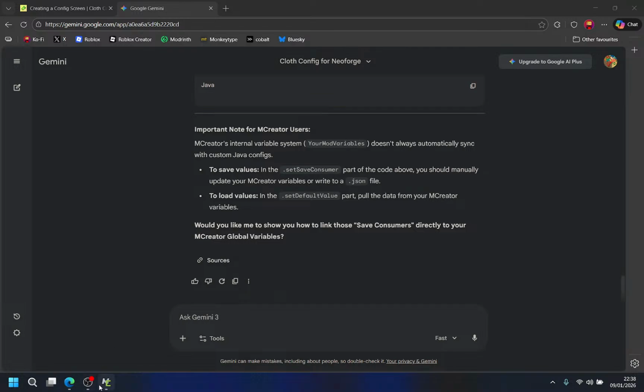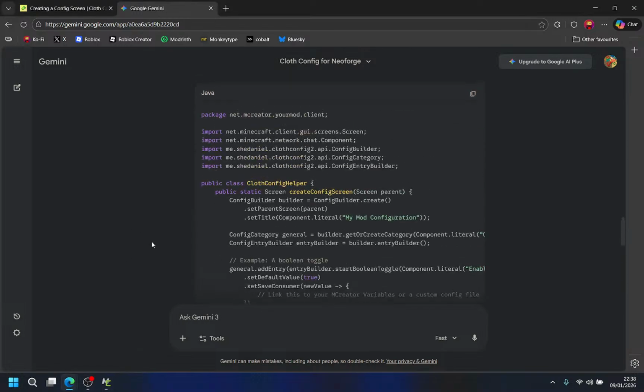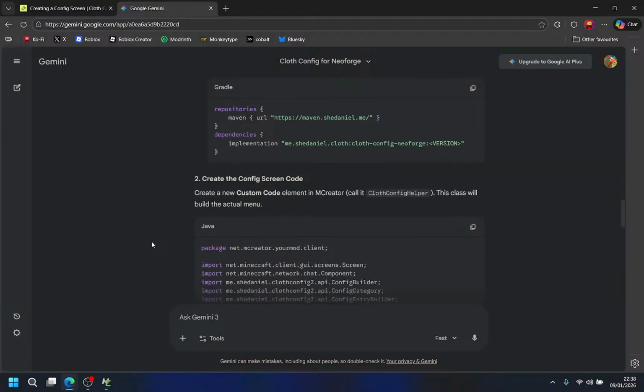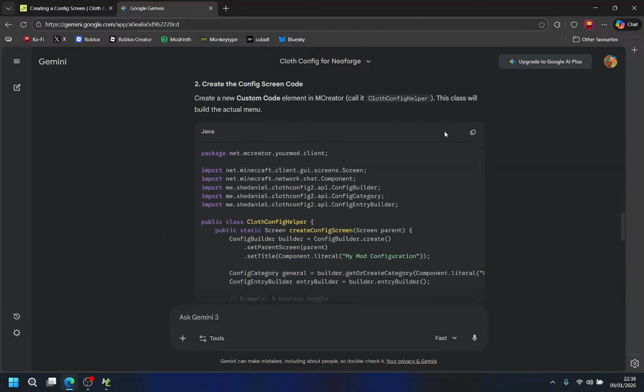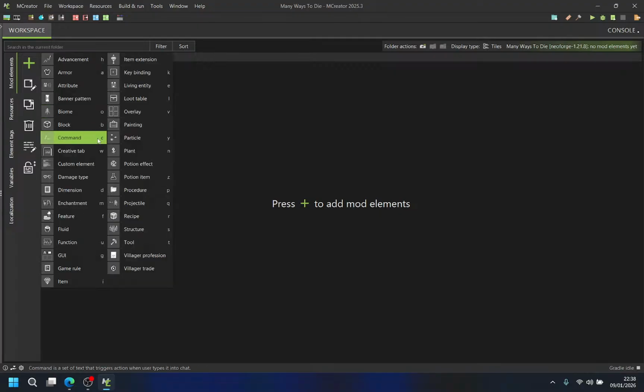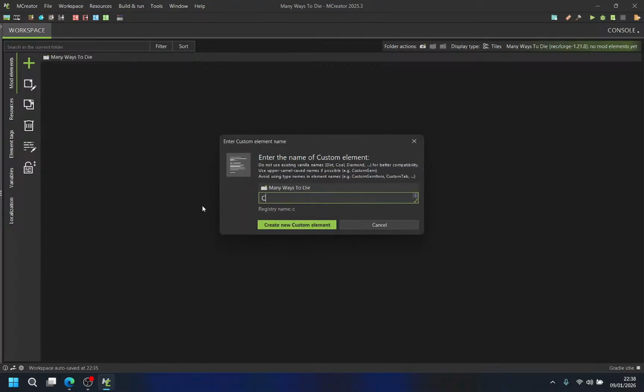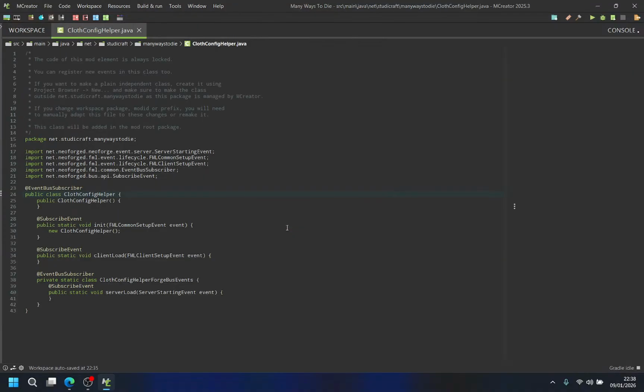Great. So, I've done that. Create the config. So, Cloth Config API. Let's click the custom element called Cloth Config Helper. Let's create the custom element.